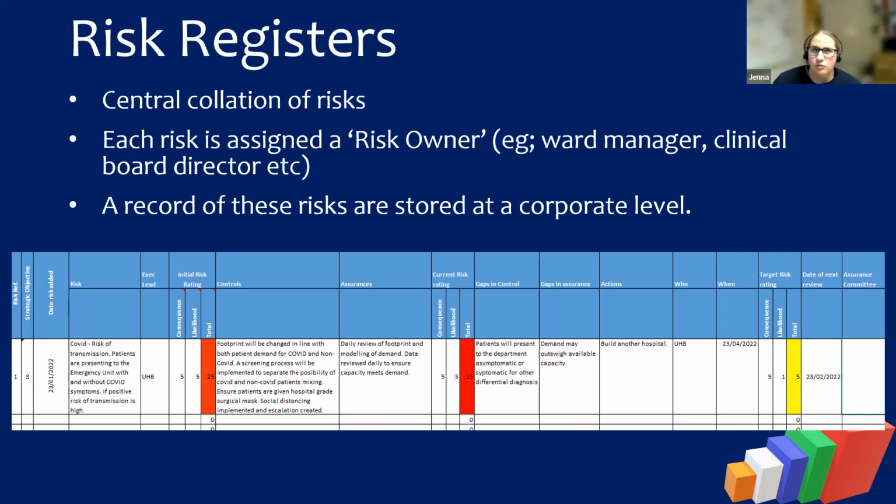Is that realistic? Because I know that there is a difference between my current risk rating and my target risk rating. So the action would be, I want to build another hospital and I want to do it in 3 months' time. Is that a realistic action? No, unless you're in countries where, didn't China whip up a hospital in a week or something like that?